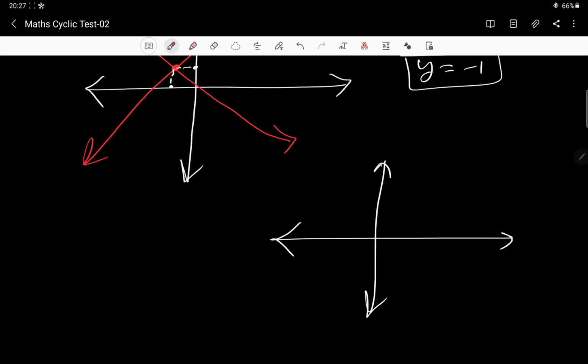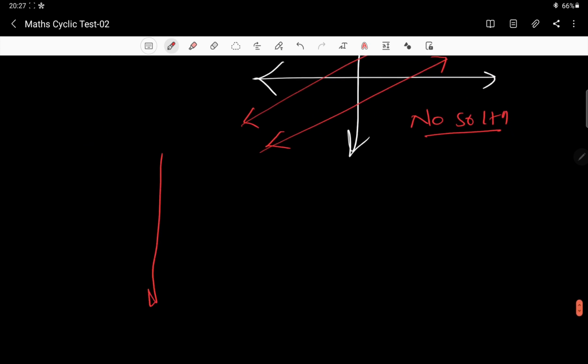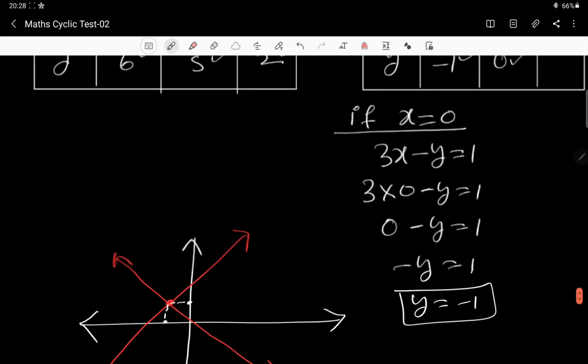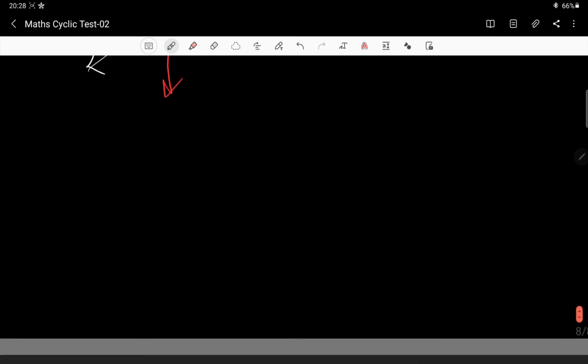If they are not intersecting, if they become parallel, the graphs may turn out to be parallel also. If the graph is like this, then you are going to say no solution. You are going to mention that there is no solution. If the graphs coincide in this Cartesian system, one graph is like this and another graph is also on that, then you are going to say coinciding, and you are going to write any one solution, because they will have infinitely many solutions. So I don't want to get into drawing this graph. That graph option is also there. I can draw that. I can show you here.